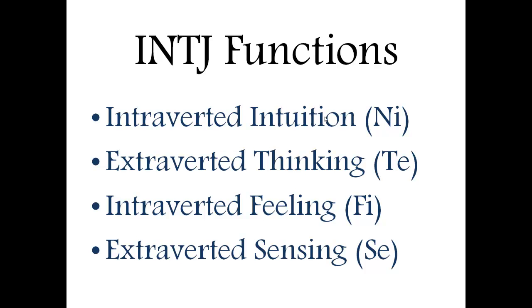They have four main functions, and their first primary function is introverted intuition, or Ni, and that's basically their way of perceiving the world. They have an intuitive feel of how the world works, and are very perceptive at seeing connections between things and how things are going to play out. They use this to almost predict where the future is going to go. This gives it a sort of mystical feel, because